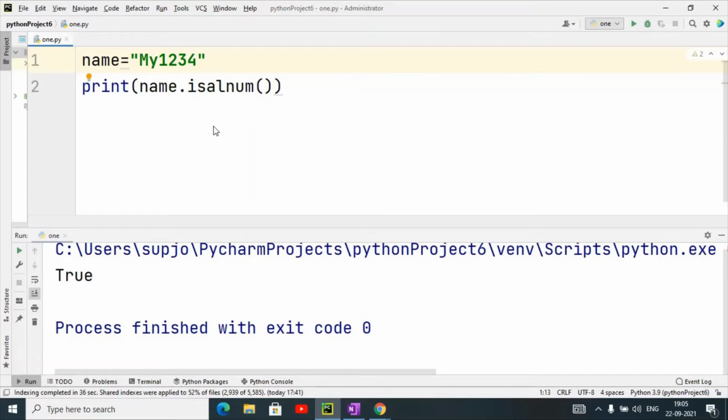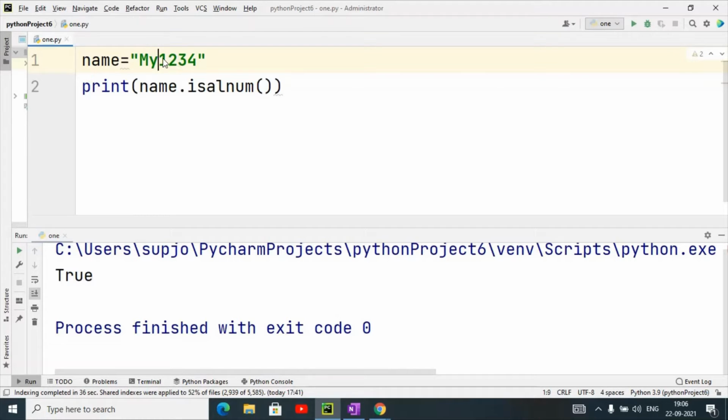So you can see now that in this string we have both alphabets and numeric values. If it contains both the alphabets and numeric values, then it will return a true value, otherwise it will return a false value.